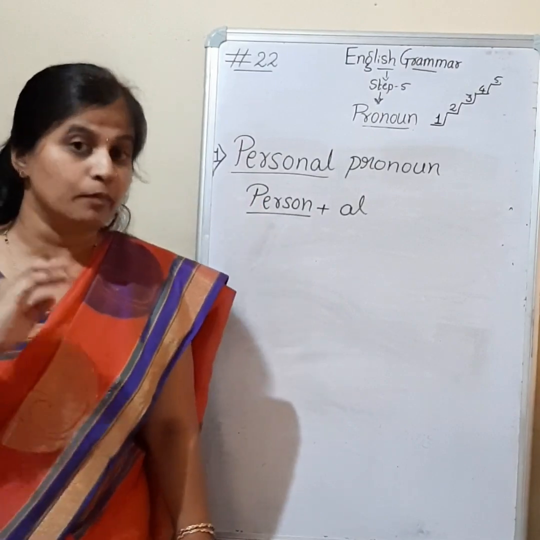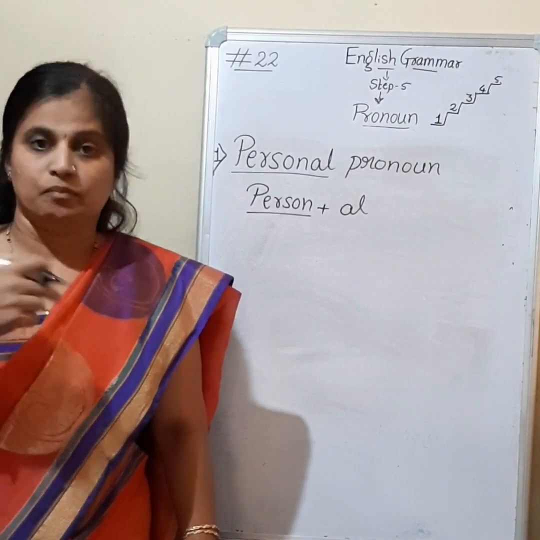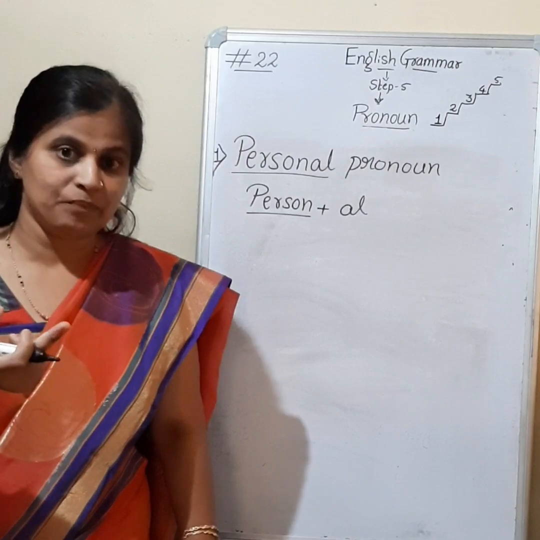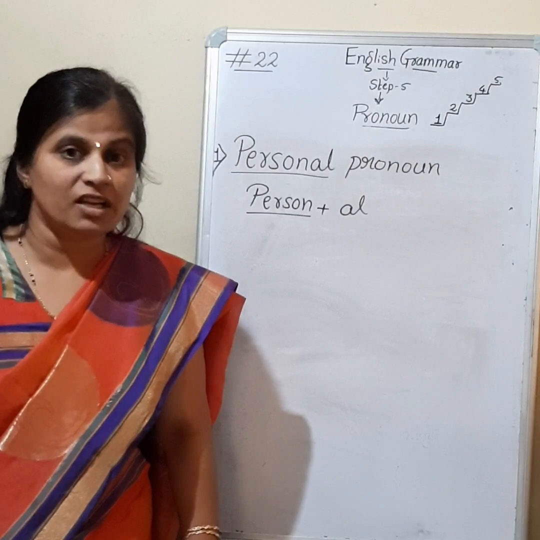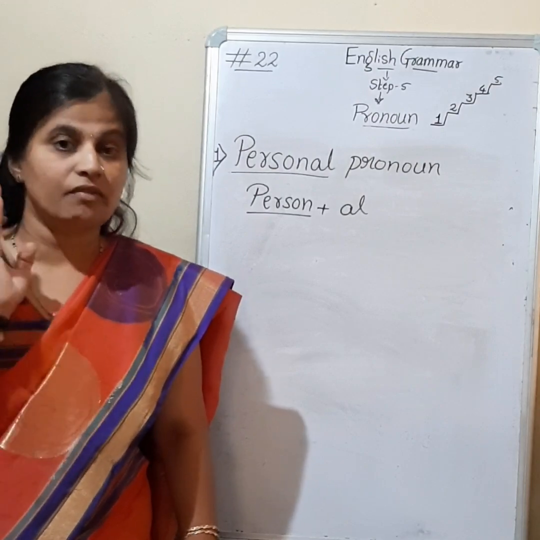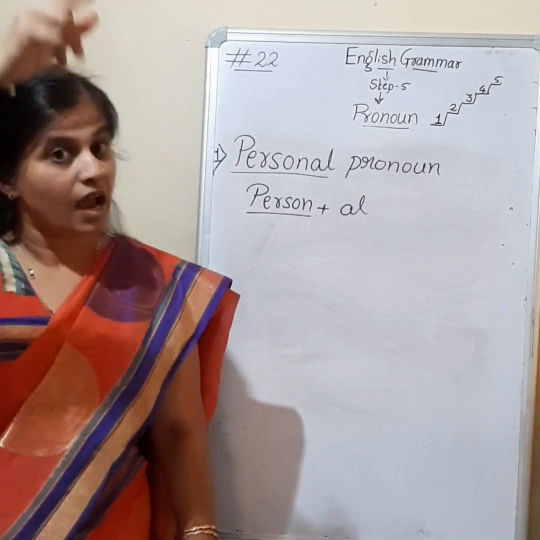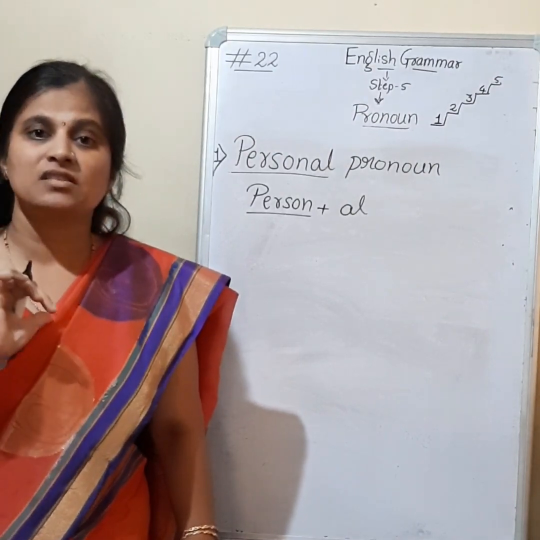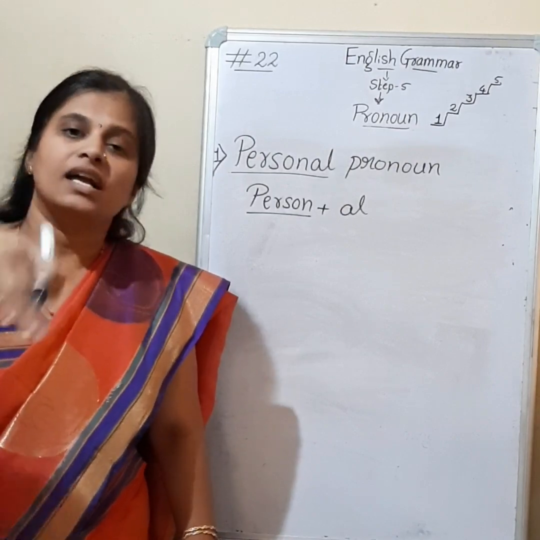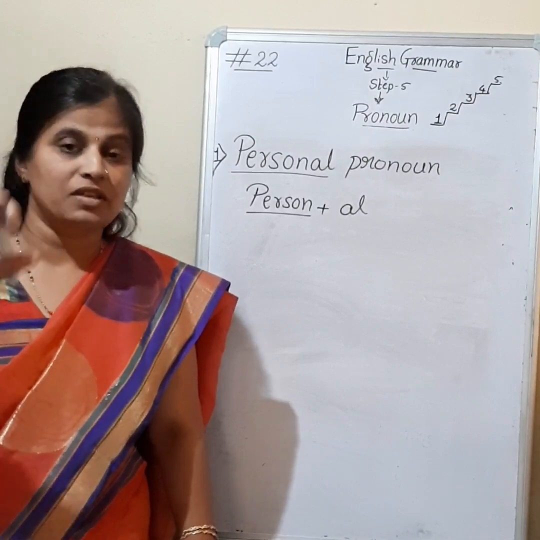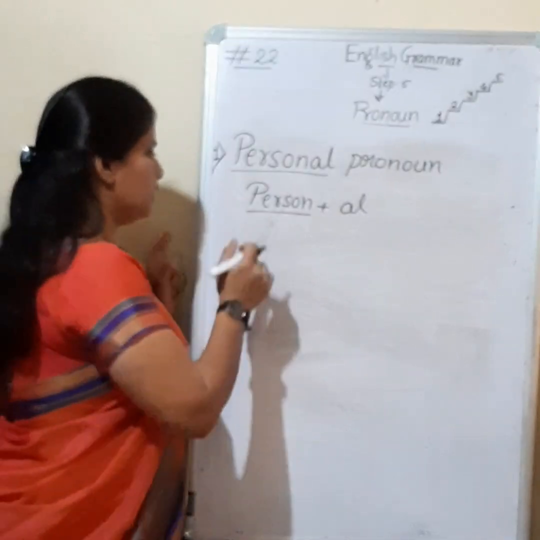To complete one communication, what is required here? You just tell me first. Yes, right. The person who is speaking, the person who is listening, and the person about whom we are talking, right? So, three things are very important to complete communication. First person, the one who is speaking. Second person, the one who is listening. And the third person or thing about what we are talking, right? Completely it focuses on that only.